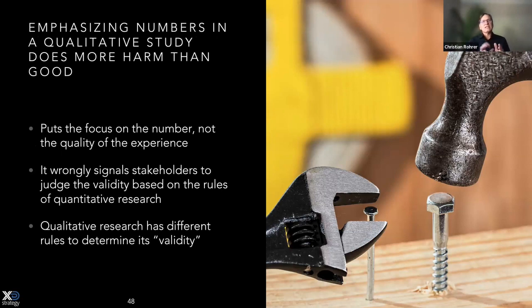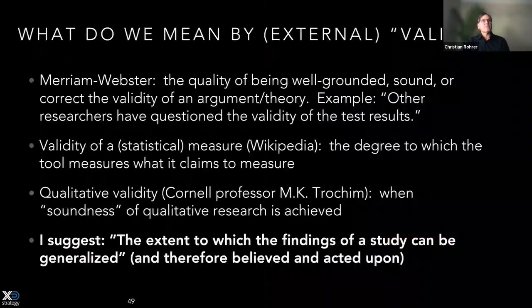This is not a method that's going to tell you the precise number. And it's not a method whose validity is based on the number. It's based on the principles and the underlying nature of the interaction. We have to make sure people understand that and not teach the wrong thing or sell the wrong thing. Don't sell people on, oh, it's only 5 and that's enough for making big decisions. It's really not enough for some things. It's not enough to quantify, but it's enough to understand the validity.